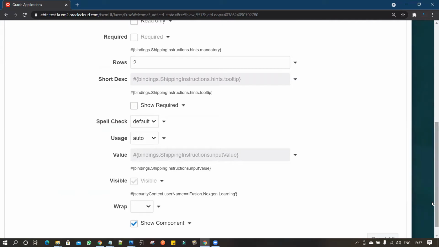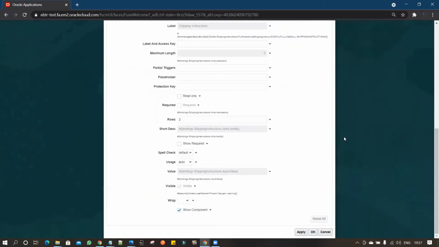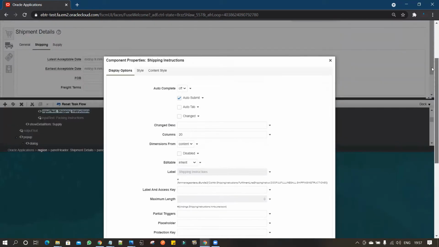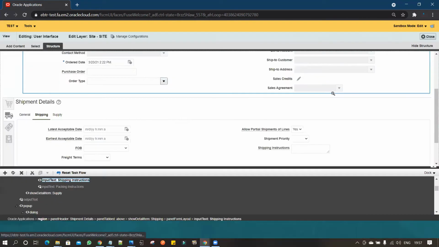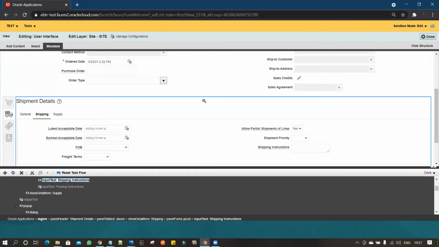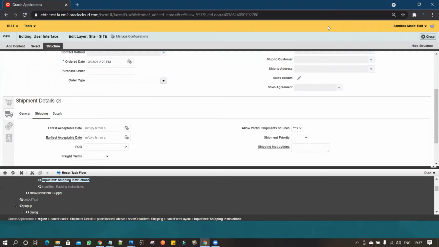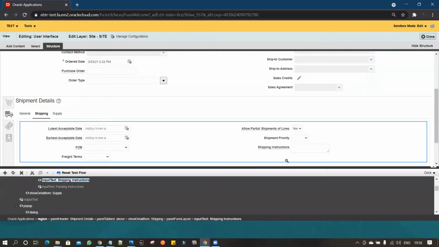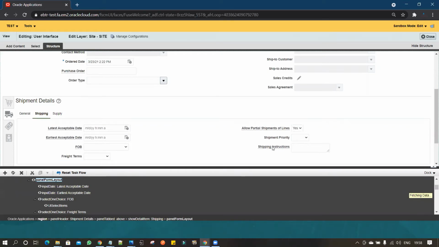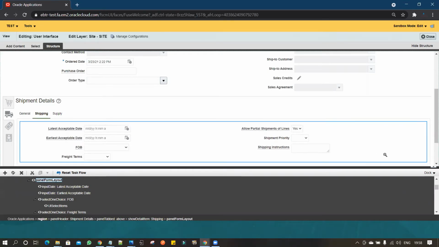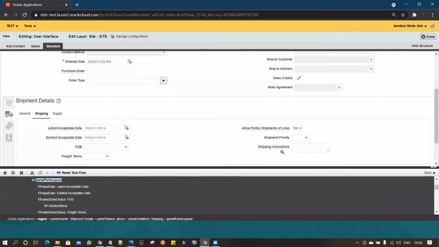Now what you have to do is scroll up and then click on it. As we can see, it is not hidden. So let me check the expression and let me select the shipping instruction first. I have selected it.